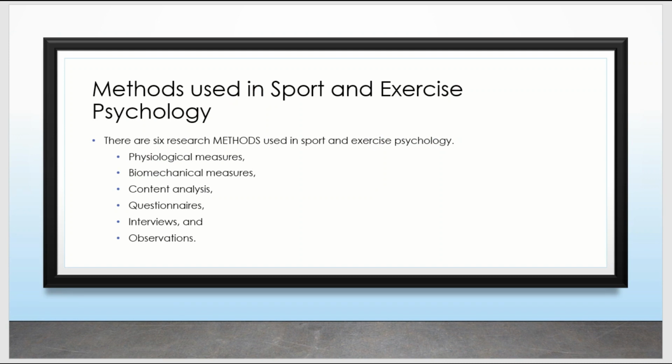Now, methods used in sports and exercise psychology. There are 6 research methods used in sports and exercise psychology. The first one is physiological measures. We have studied subjective methods of measuring human activity and objective methods of measuring human activity. In objective methods, we have learned a few methods that include observation of blood samples. For example, we have seen the ECG method, PPG method. All these were examples of physiological measures. But other than these, different other methods are also used that include the sample of blood and blood concentration, white blood cell counts, and red blood cell counts